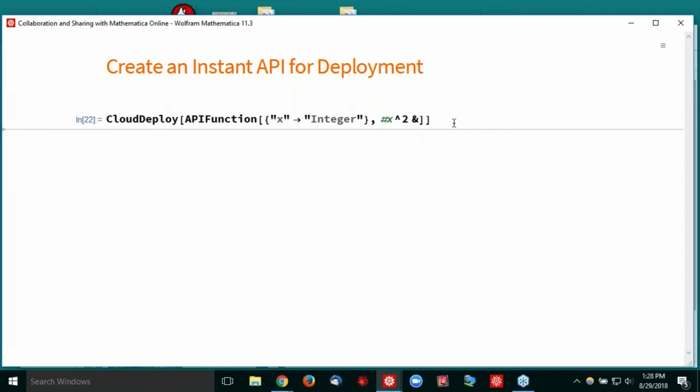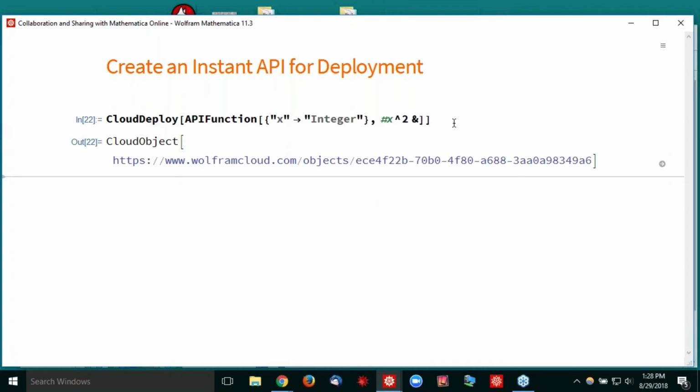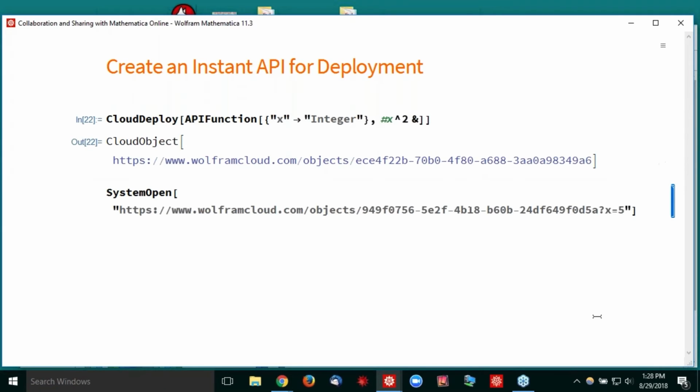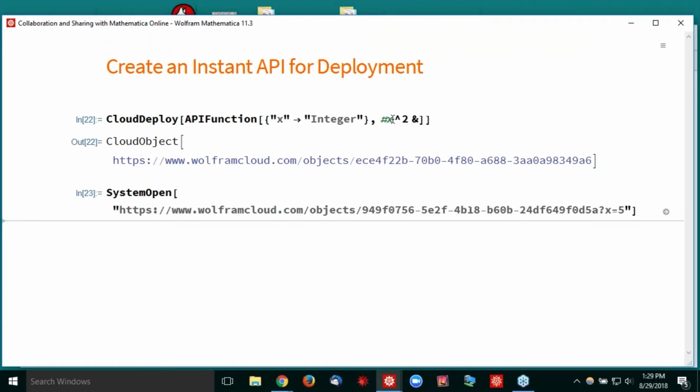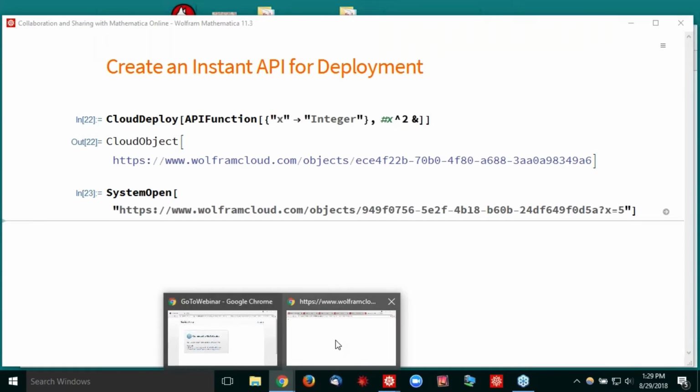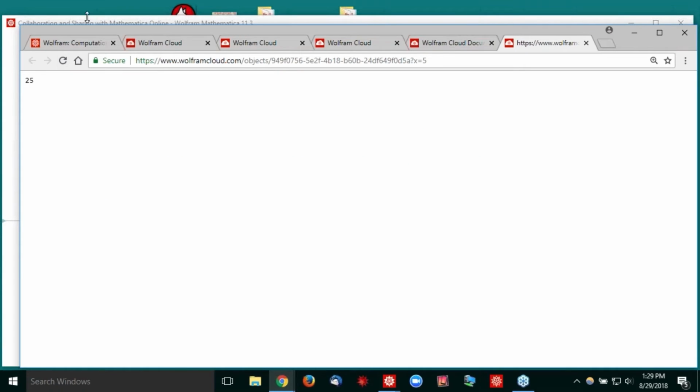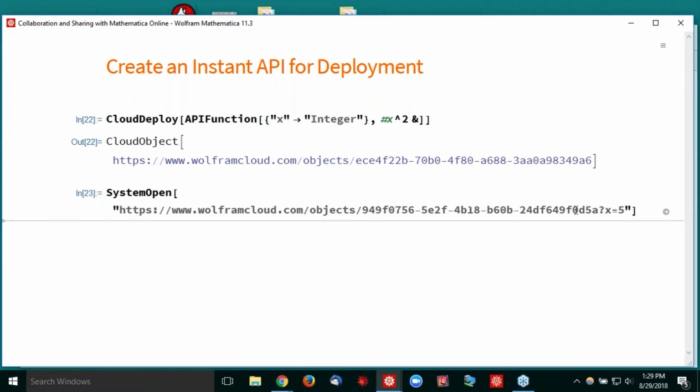So this creates something a bit different. This is now a RESTful API that you can access and take a look at. One way to access this that's pretty simple is just to take this URL here and do x = 5. So when I run this, this will open a browser and it will run my API with an input of 5. All my API does is it accepts an integer and it squares it. So in terms of what this is actually doing, we get 25 back. Again, it's a somewhat simple example, but this is pretty flexible as well, where if you want to